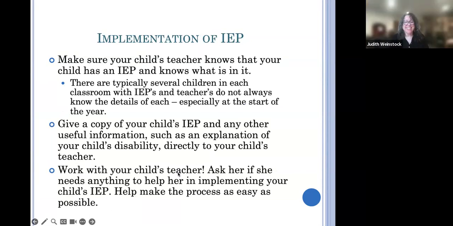Okay, so we just have two more slides here, and I just want to emphasize, I'm going to talk about the implementation of the IEP, and I didn't get a chance to answer some of the questions in the chat, but I hope that this will address some of those questions. So the IEP, the reason why it's so important to get into the IEP specific goals, measurable goals, how the data is going to be collected to show progress, and what the parent concerns are is because the IEP is like a contract. It is a contract between the family and the school district.